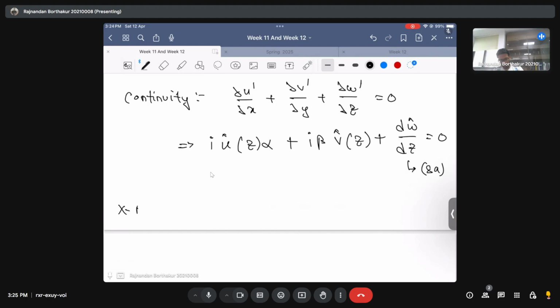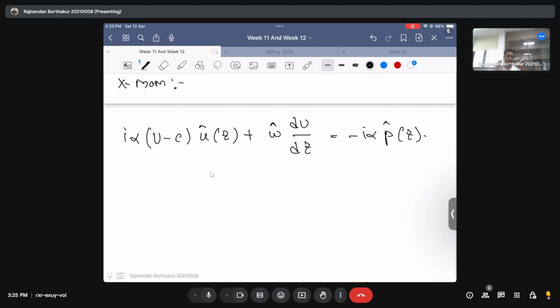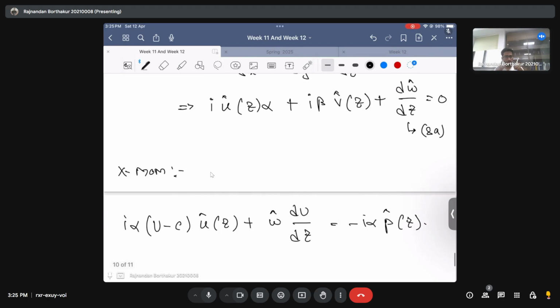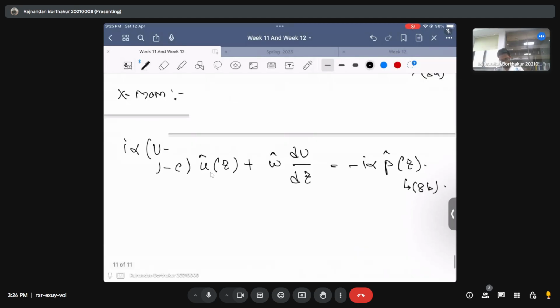And similarly, if you do the same exercise for the x momentum equation, what you will get is i alpha (u minus c) times u hat of z plus w hat times du by dz is equal to minus i alpha p hat of z. Again, the logic is clear. Use the transformation in the normal mode, and then just substitute the normal modes into the governing equations, or into the linearized governing equation of the perturbations. Okay, and I name this as equation 8b,